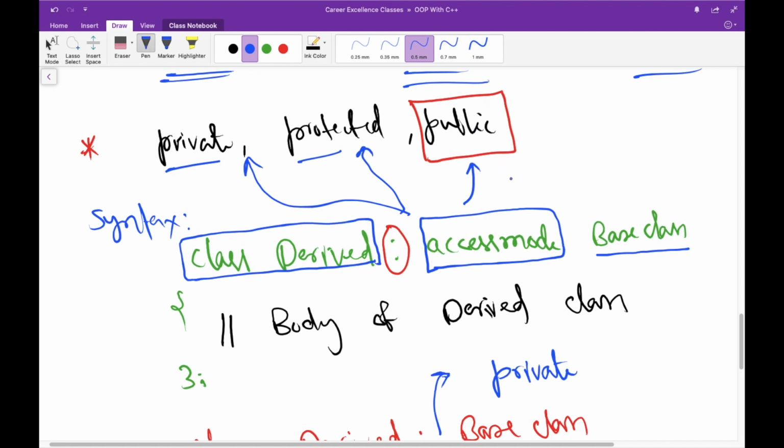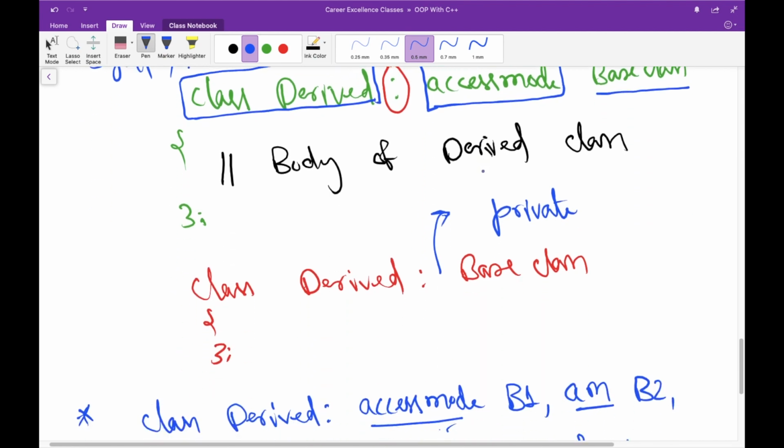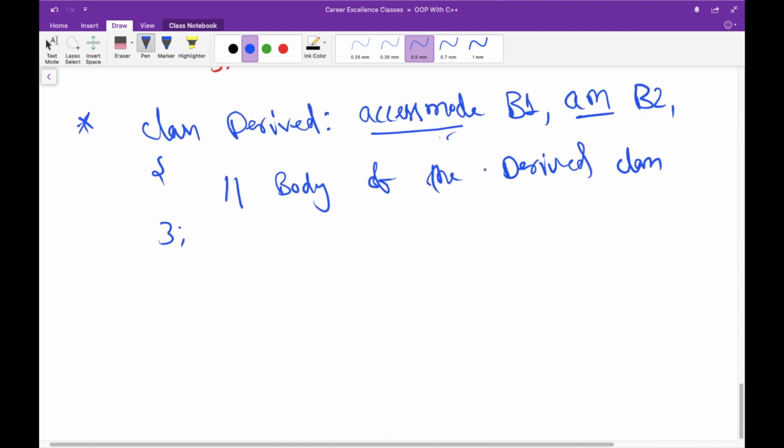So now we are going to understand this thing in detail, what this access mode actually means. So access mode decide the visibility of member functions or data members of base class in derived class, right? Sometimes it is confusing to remember it, but it's very easy if you know the concept of principle of least privilege, which means that any user, program, or process should have only the bare minimum privileges necessary to perform its function, which you can understand in this context like this: always assign the least data accessing privilege to the program.